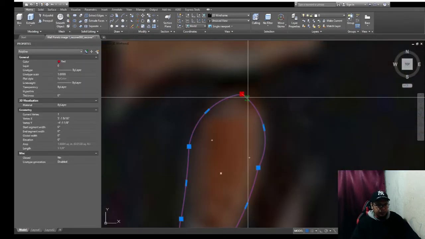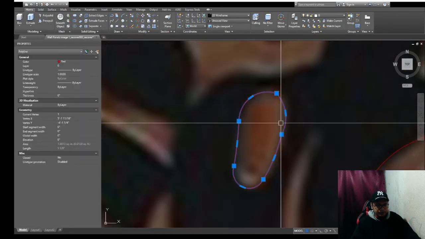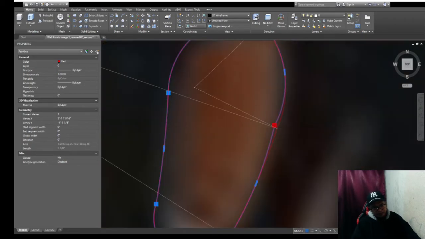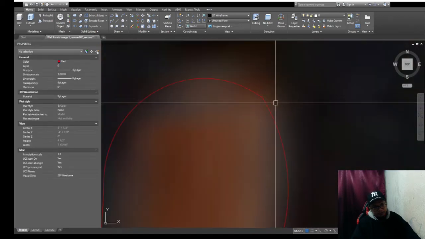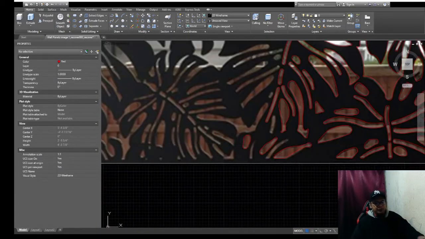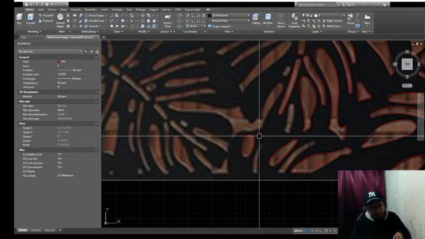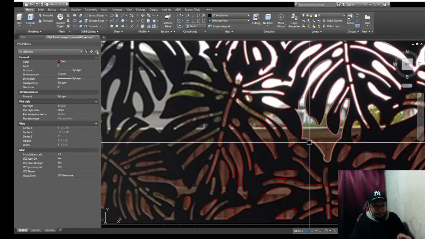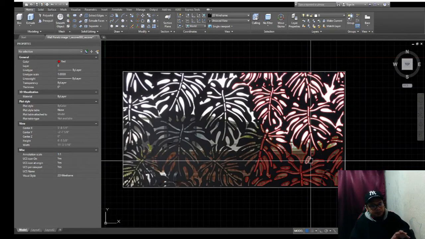It's up to you how accurate you want to be. You can perfect this. Just try not to have abrupt curves, just make a smooth curve like that. Okay, so I think that works. I hope you get that process, guys. PL, then arc, then start tracing, and start editing the arc, all of these holes here. So that's what I did here. After you complete all of these holes,